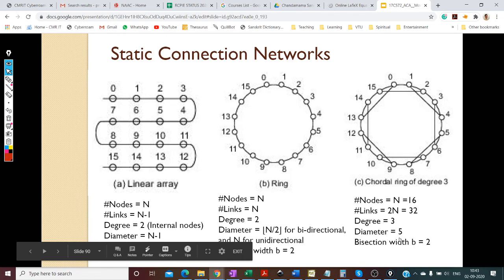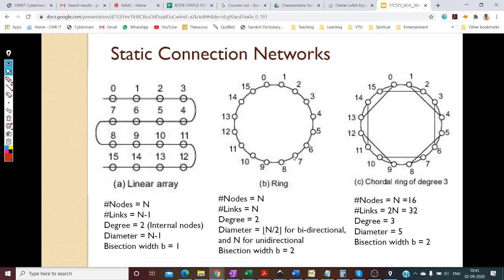Why? Diameter is 5 here. So previously the worst case was sending 0 to 8, right? So it included 8 hops all the way from here to here. But in this case, the worst case is going to be from 0 to 7.